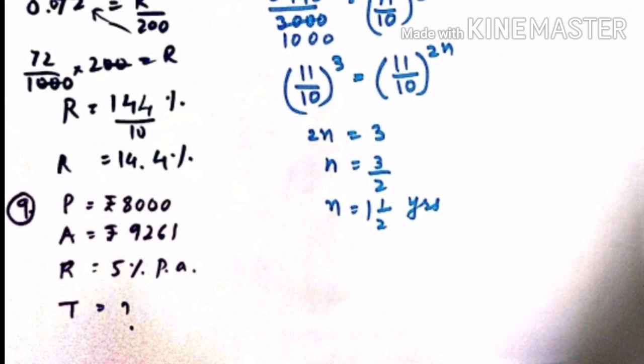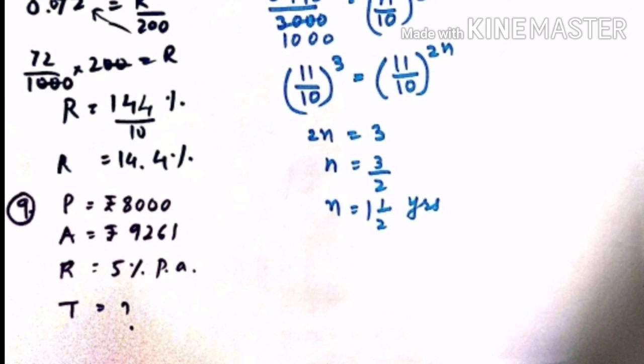by 0.072, but 0.072 is 72 upon 1000 when we change it into a fraction, and then multiplying by 200, 2 zeros get cancelled, and then our value is 72 twos are 144 upon 10. 10 is left in the denominator. Now R is equal to 14.4%. This is my rate value. You can see the rate they asked to find was half yearly, and I get rate is equal to 14.4%. This is our answer.